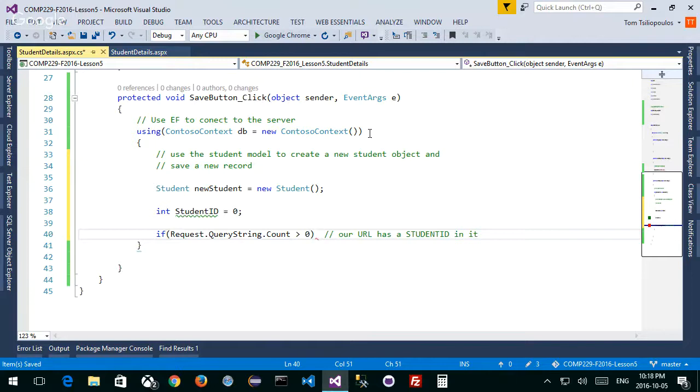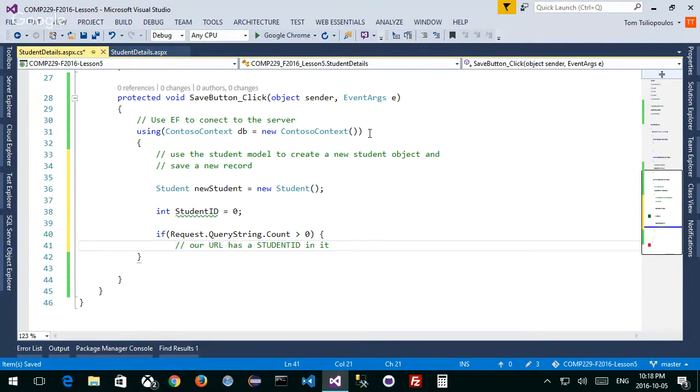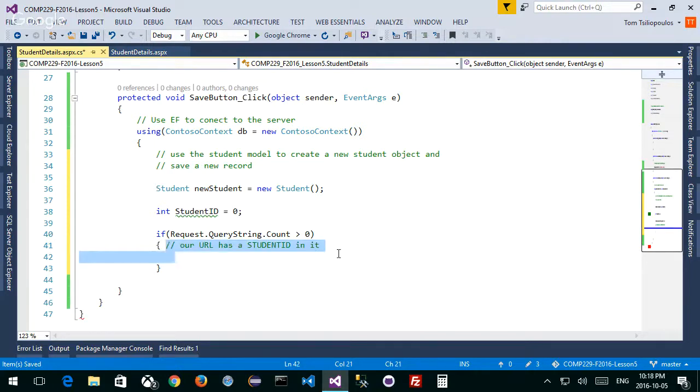Let me put this back over here, sorry. Right now, I may not have a student ID in the URL whatsoever.